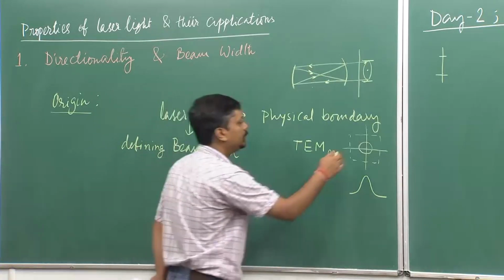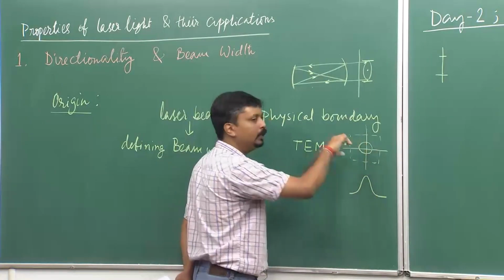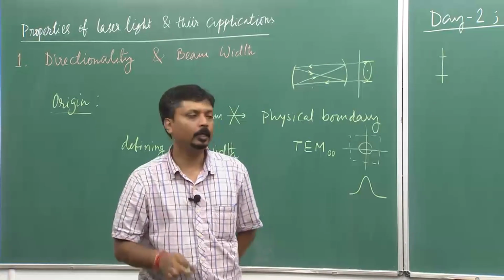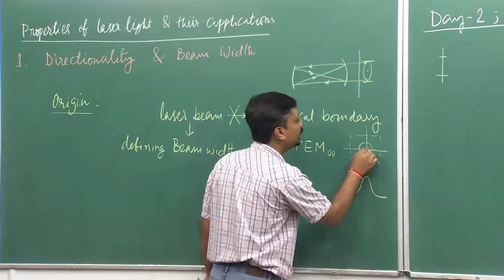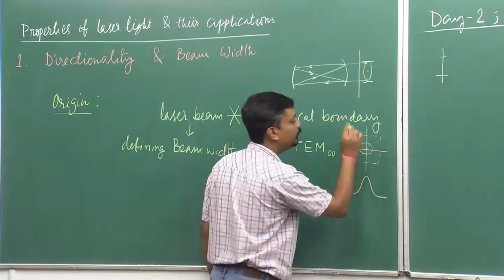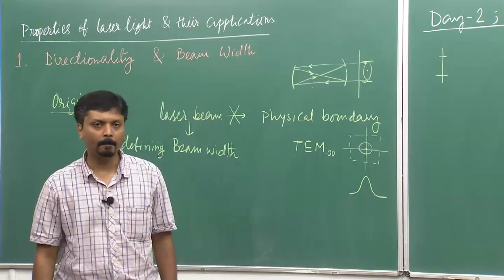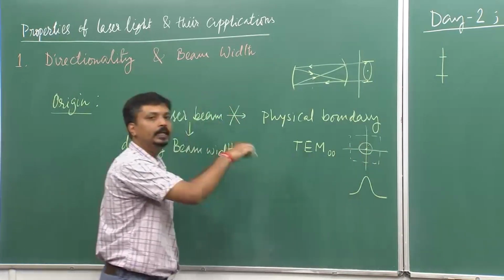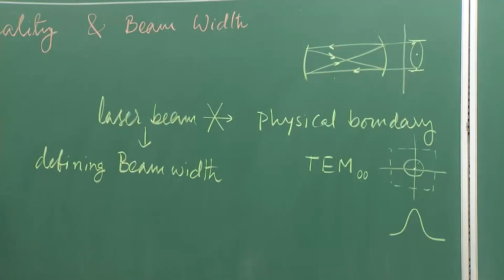So this intensity profile, if you look into the 3 dimension, you will see a Gaussian profile, okay. So the central part is the most intense and then it is falling off, okay. So in such a beam, we can very easily define the beam width by,